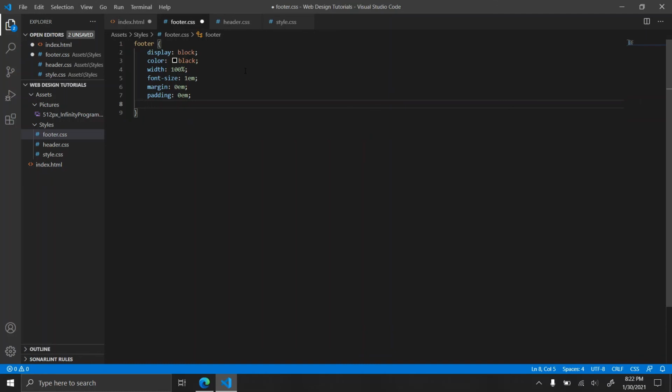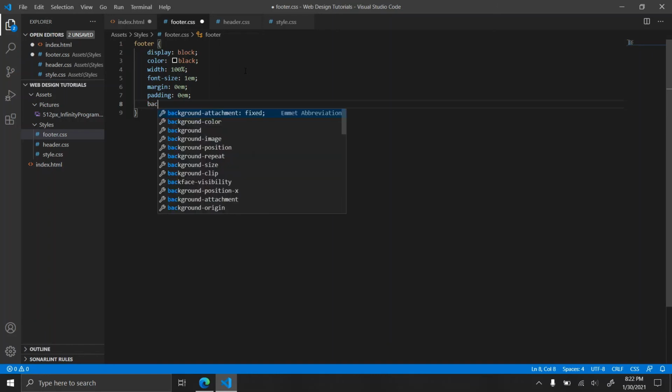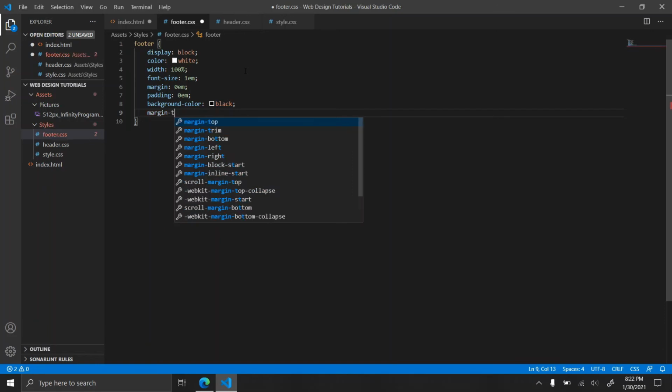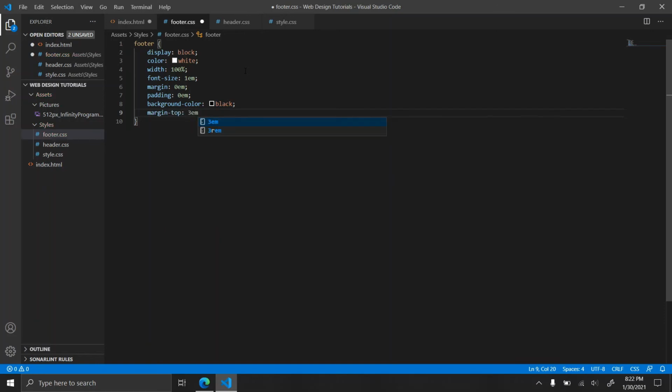And did I do background? No, I did color. So we want background color to be black, and we want color, because color is the color of the text, we want white. And then margin top, we want 3 EM. And that's so that there's a little bit of space between the content of the page and the footer. It makes it look nicer and neater, rather than if immediately after the content you had the footer, it would just look kind of compact, in my point of view,